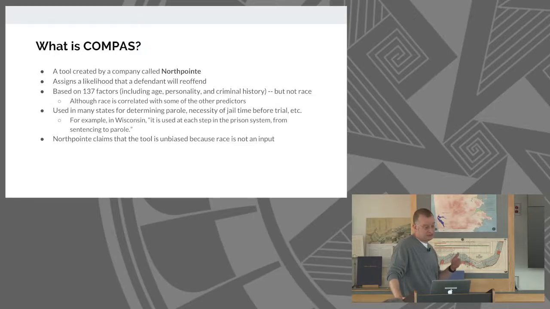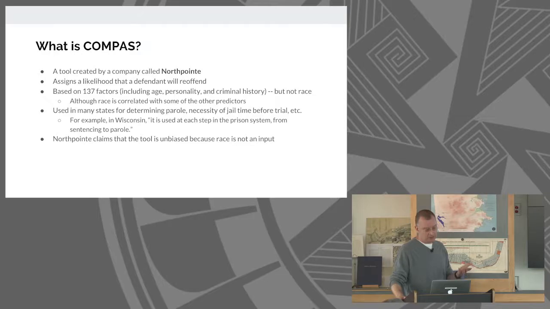There's a bunch of personality tests, things like, has anyone in your family gone to jail? Have you ever felt angry? I mean, there's a lot of different psychometric tests that they give, or questions that they ask. Race is not one of the inputs to COMPAS, but of course it's correlated with some of the other